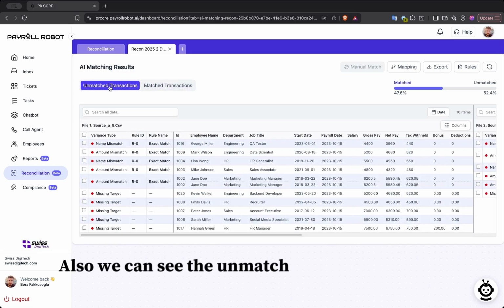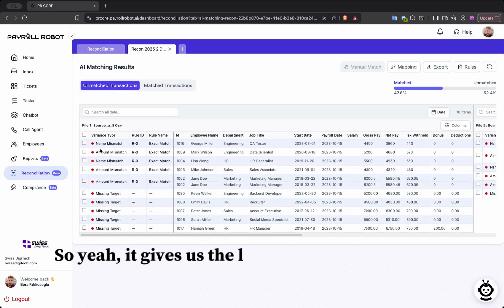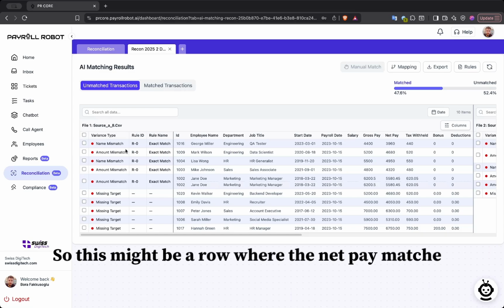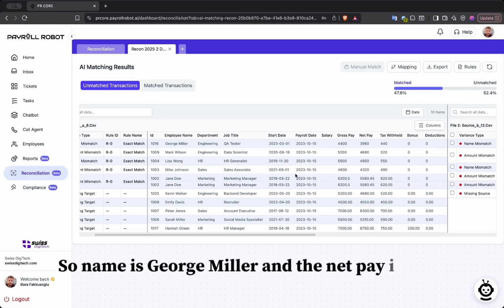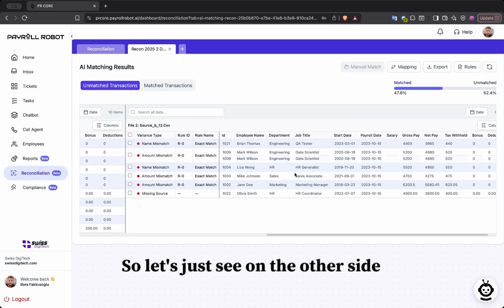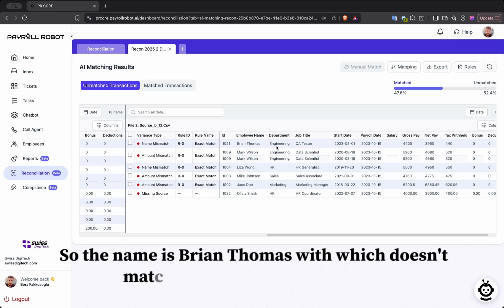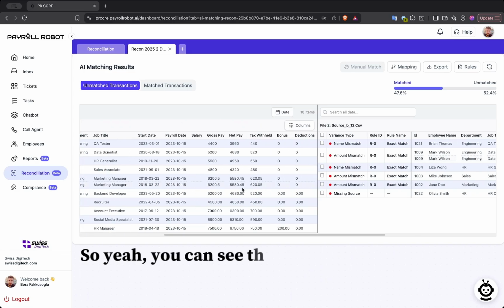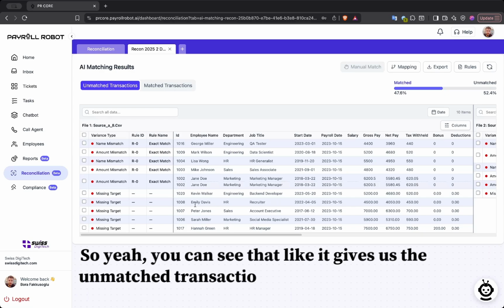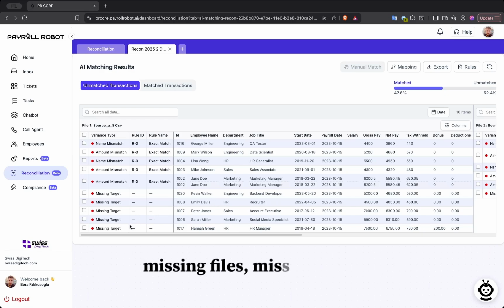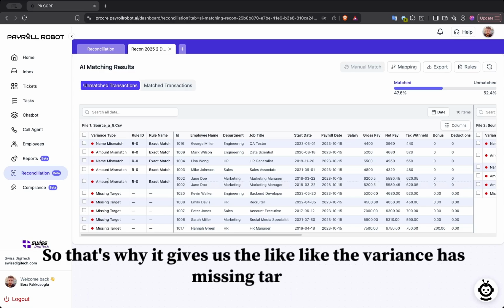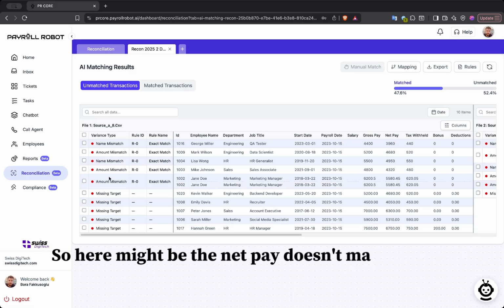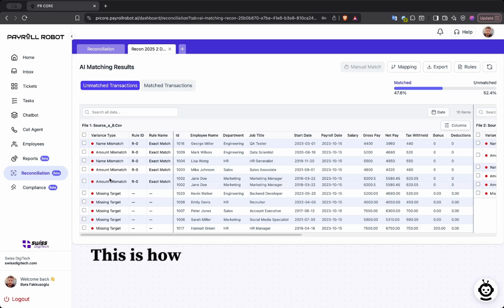Also we can see the unmatched transactions too. It gives us the variance as name mismatch. So this might be a row where the net pay matches but the name doesn't match. The name is George Miller and the net pay is 3960. Let's see the other side. The name is Brian Thomas, which doesn't match, but the net pay matches. So you can see that it gives us the unmatched transactions. We have some missing rows, so it gives us the variance as missing target. Here the net pay might not match, but the name matches. So this is how easy it makes it for us to do the